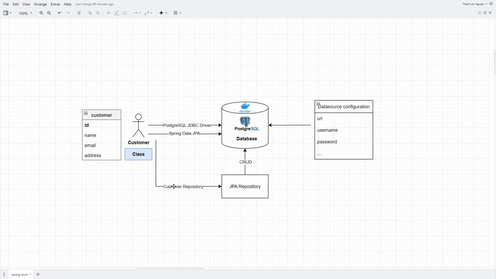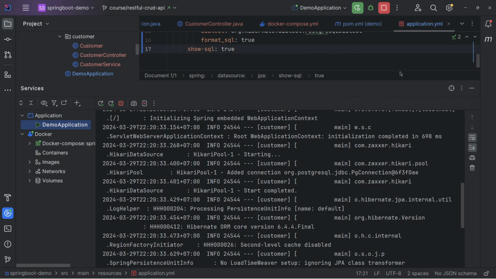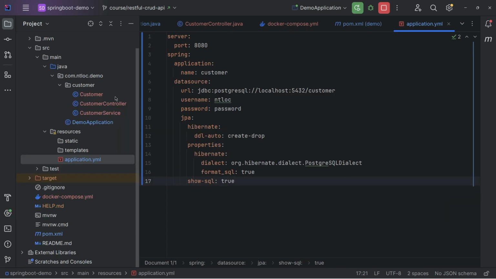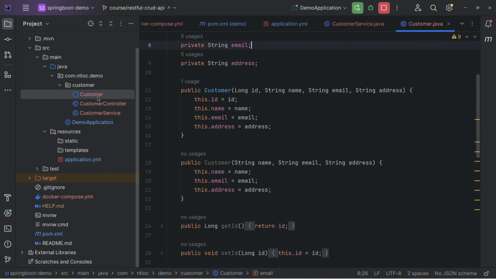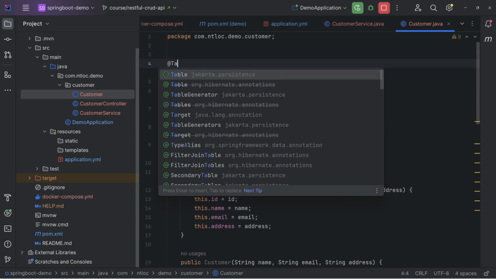Before we go to the customer repository in here, we have another job to do, which is to create a customer entity so that we can map the customer into the database to create a table, so that we can implement this customer repository. Within IntelliJ, let's close this one and then open the customer class in here. To be able to create a table in our database, we have to mark the annotation @Table.